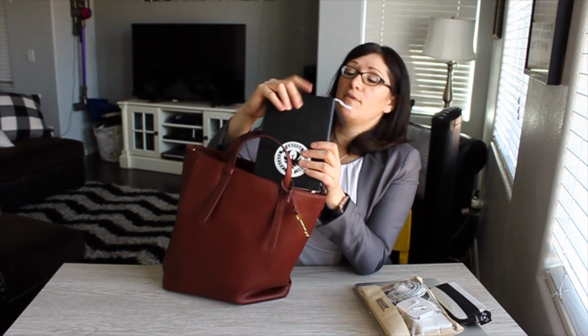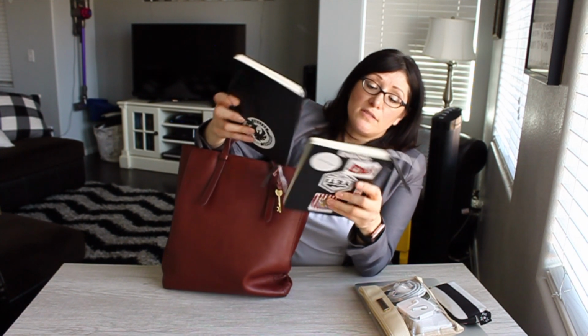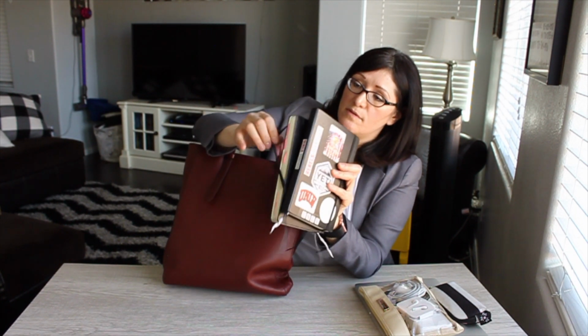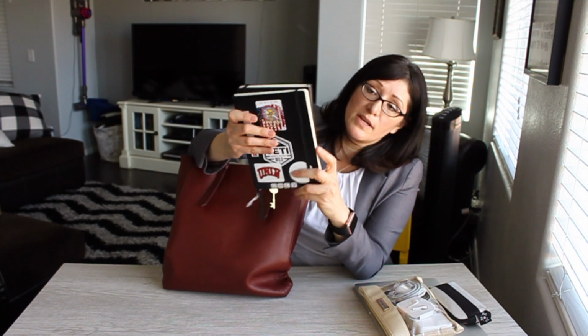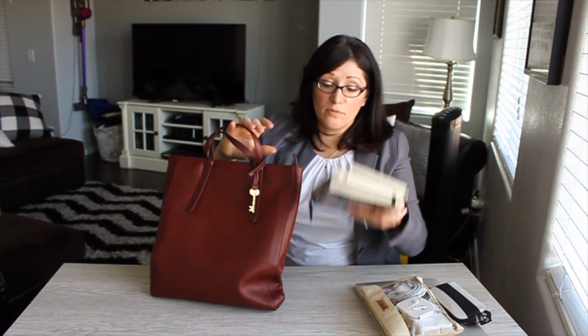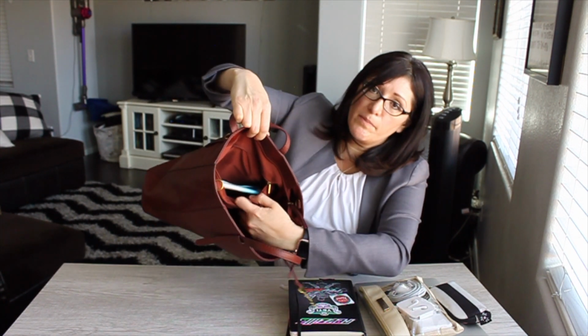I always carry with me 2 bullet journals, always. So back to back, they have the straps that sometimes they're on, sometimes they're off. But I always carry them back to back, stacked inside my bag wherever I go, in case I get a minute to myself. And then in the zipper pocket,